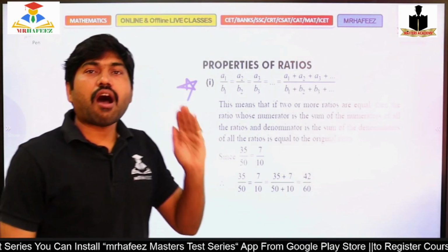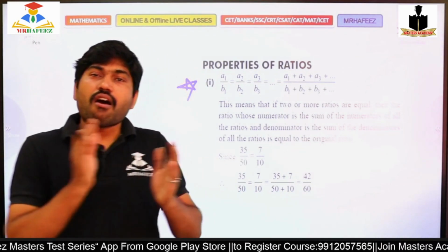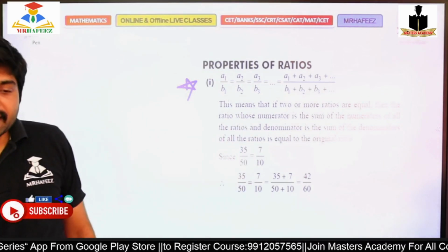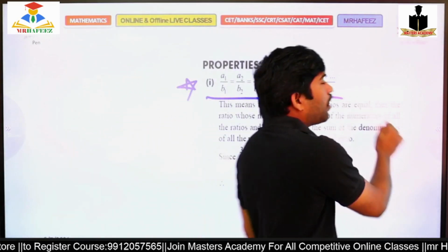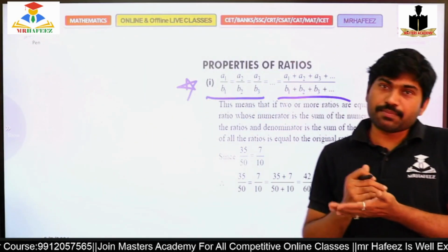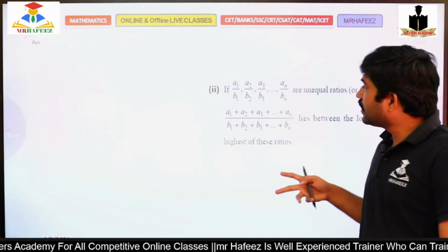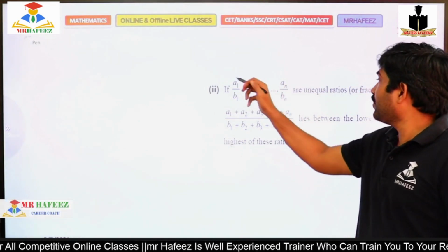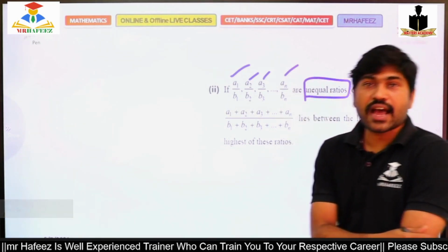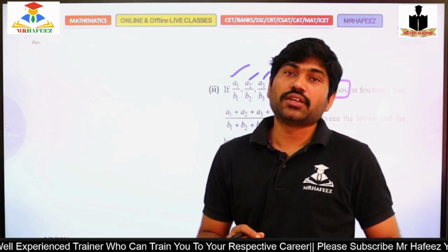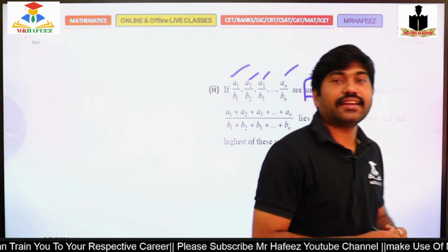These properties are very important. If all ratios are equal, the ratios can be converted into fraction form. All numerators sum divided by all denominators sum can be equal. Now if the ratios are unequal, then the sum of all numerators divided by the sum of all denominators is definitely equal to